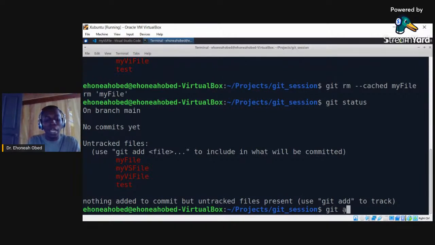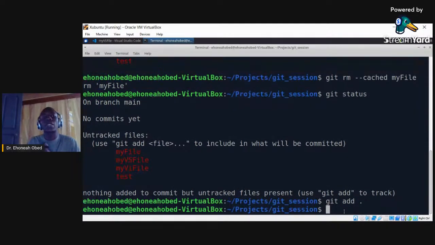Now let's do Git add. I want to add everything, so just a dot or a full stop. Click enter. Then this has staged all the files. So now if I do Git status,